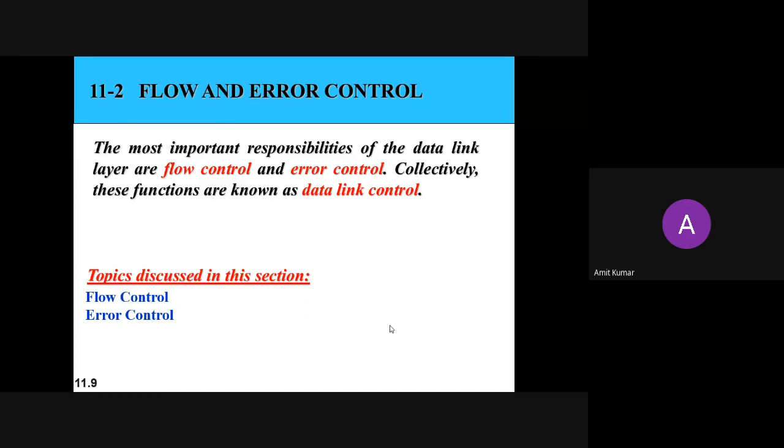But if you see the linear block codes, they are defined by n comma k. So n means the number of bits, k means the number of overhead bits, and it has an error correction capability of n minus k minus 1. So that many bits it can correct. As you increase the number of k bits, the error correction capability is going to increase. In this way, you can have the implementation.